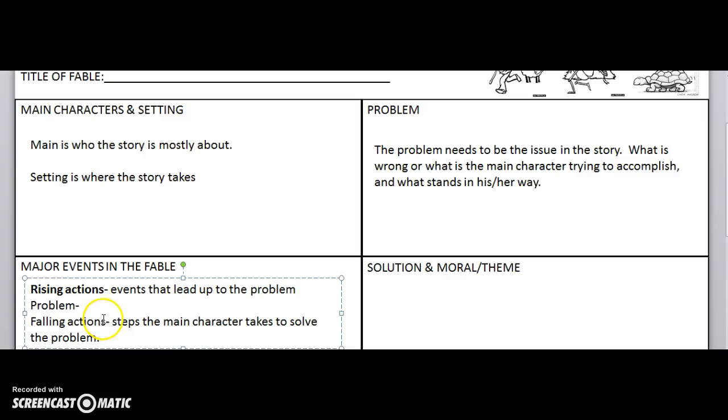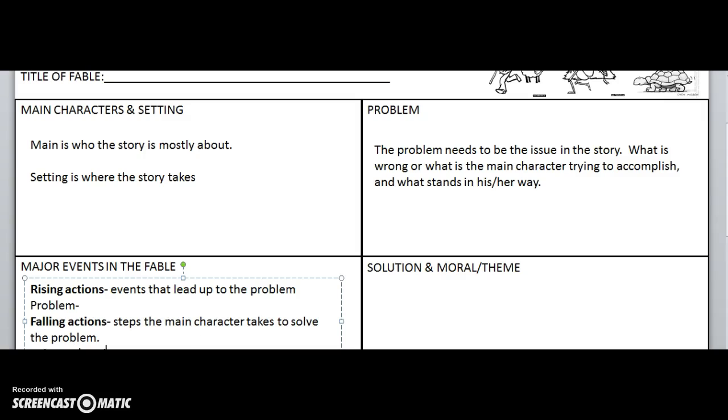Now, when the wolf ate the sheep, the falling action in our read aloud yesterday, or the steps the main character took to solve the problem, would be him calling wolf for the villagers to come help him. But because of the initial events that happened, or the first events that happened in the story, the villagers didn't come. So he did take steps to try to solve the problem, but because of other events in the story, the problem was not solved. Then you're going to have to include the solution